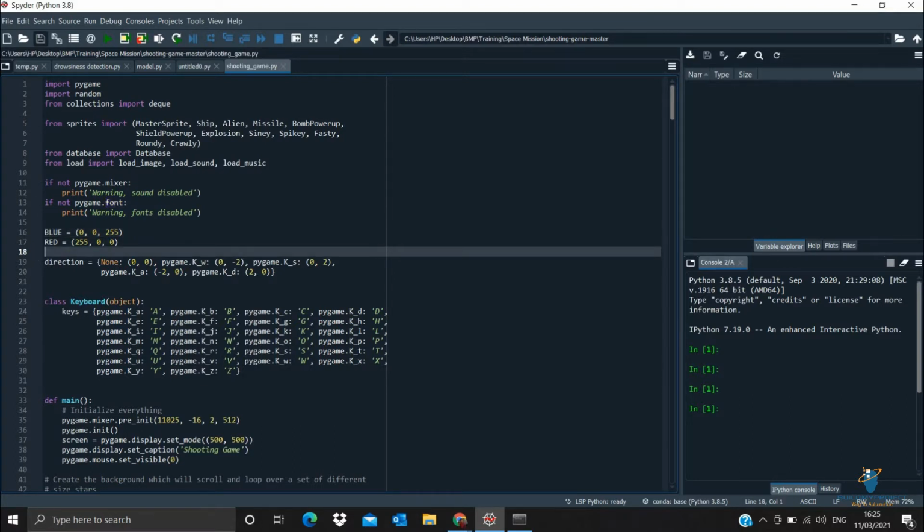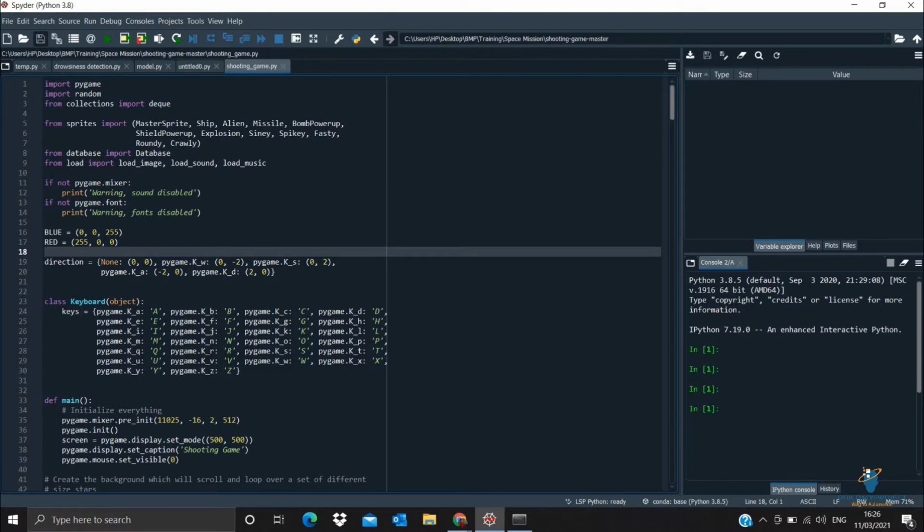And then obviously there are directions for the rover, that is our main ship, that's your character. It will basically move either left or right or up or down. So here we are defining the new keys, that is W, A, S, and D. W to go up, A to go left, S to go down, and D to go right.